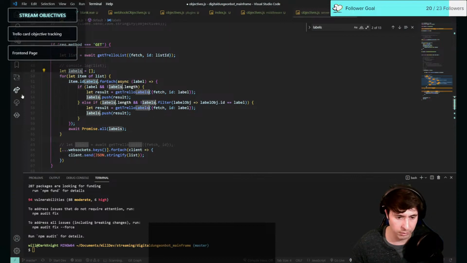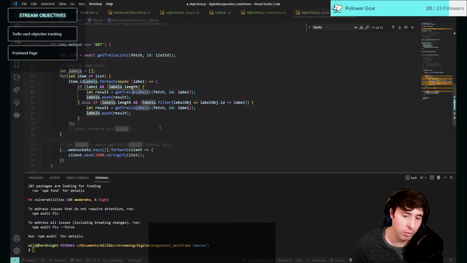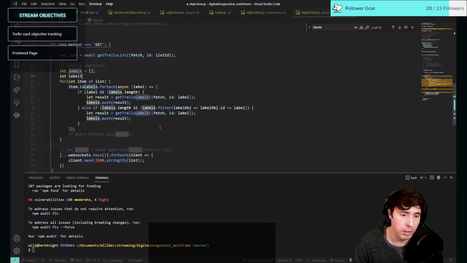This isn't gonna work if we have multiple IDs, is it? It would have been just easier, and I think that's what we're gonna do, because I like the idea of this, but I don't think it's gonna work because we're not able to check against those IDs. So we'll do let label IDs equal this. And then we will push